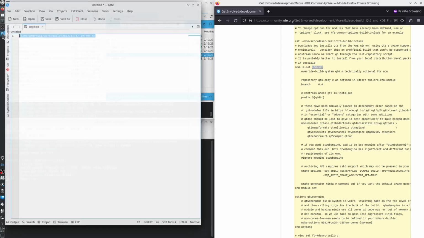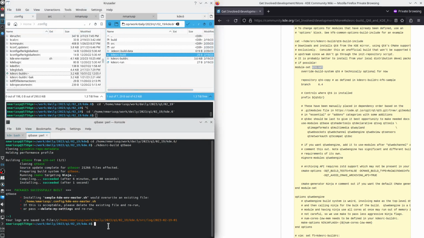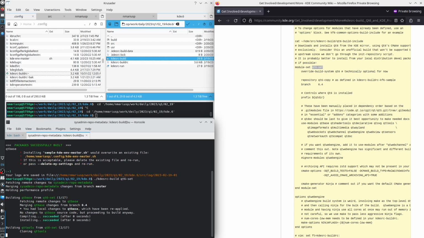After that, I change the configuration. Okay, so this thing. Now I go Qt6-set. And after the entirety of Qt 6 has been built correctly,